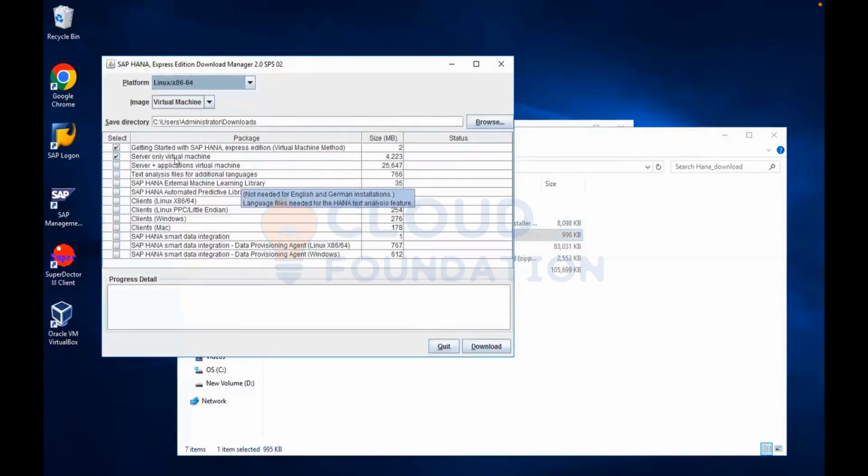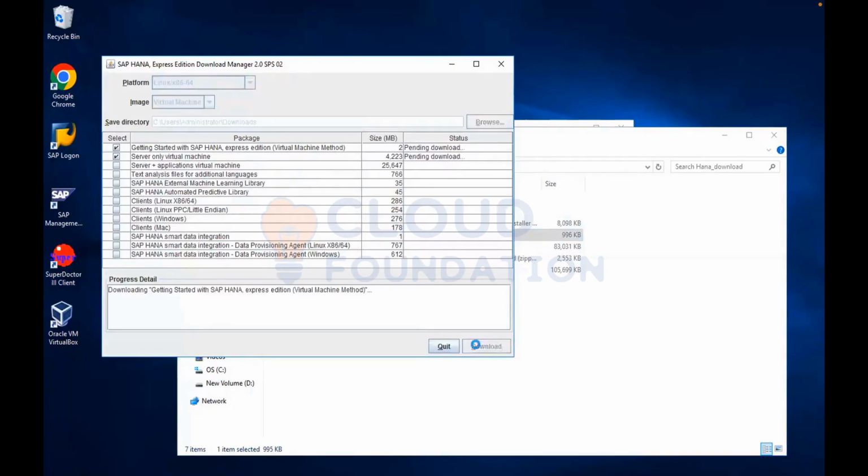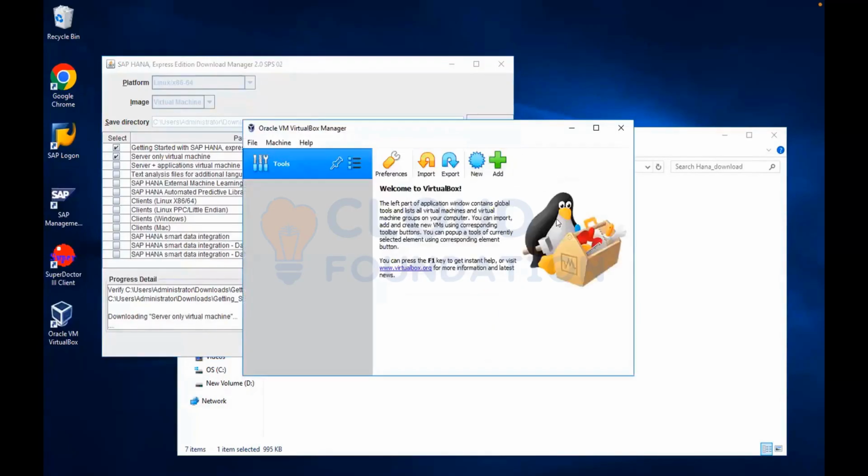Now I am downloading the HANA virtual machine, and it is 4 GB in size. Then I will import this virtual machine here, and I can connect with the HANA server, and then I can show you how to. You guys can also, because you have the server access. I will install HANA Studio also. Let me install HANA Studio here.